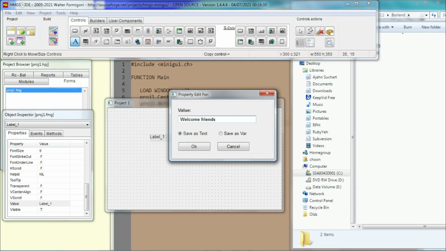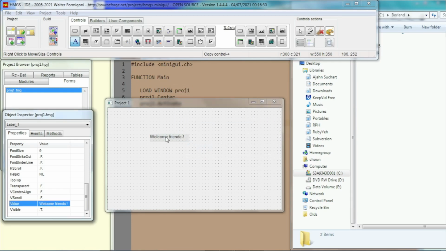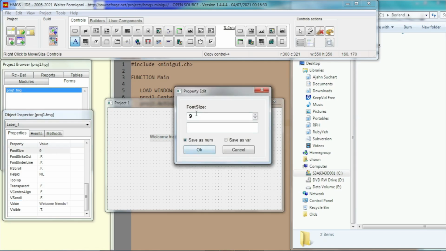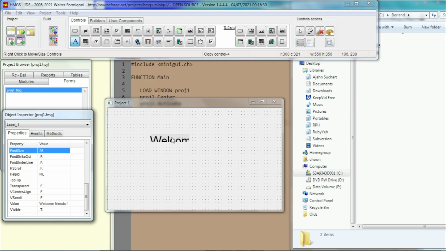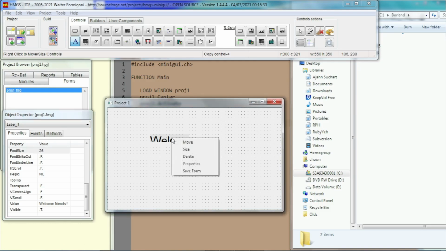Okay, we save as text. If you find that this is too small, you can make it bigger, the font size. Let's say we change it to 26. Okay, so it has become very big, and the holder is no longer suitable,